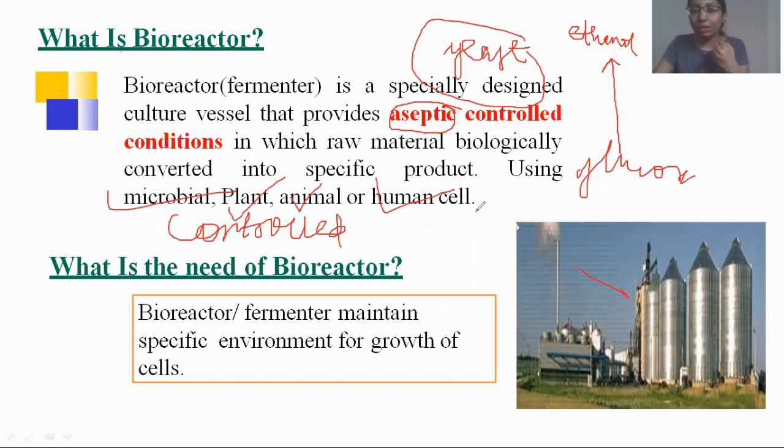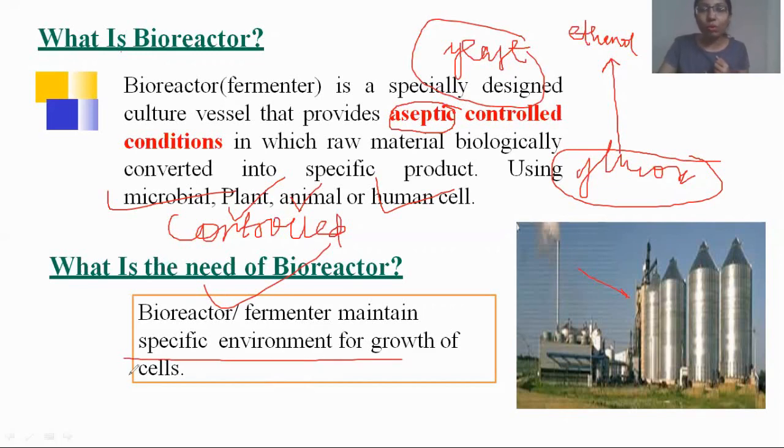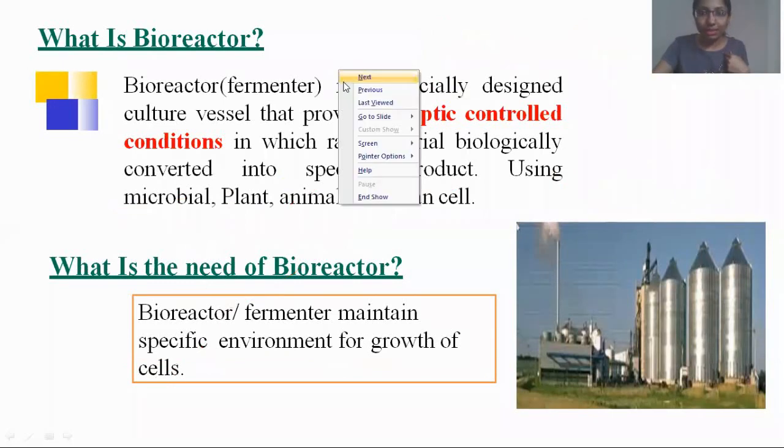Now the glucose that you have given over here will be considered a raw material. For other products that you want, the raw materials can change accordingly. Now, why do you need a bioreactor? First of all, as you have understood, it maintains aseptic conditions, plus it provides a specific environment for the growth of the cells. The conditions will be favorable and more suitable for the microbial strain that is working for the production of a particular product. They will be happily growing over there in those environments. I hope the main concept of the bioreactor is clear.